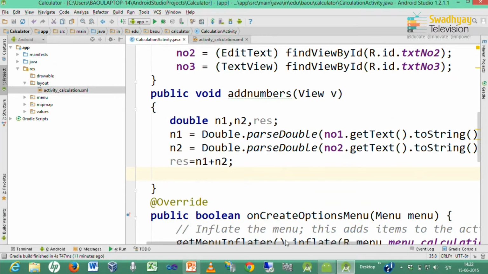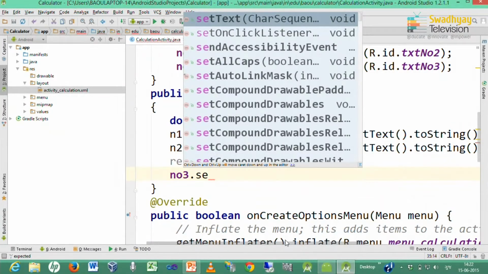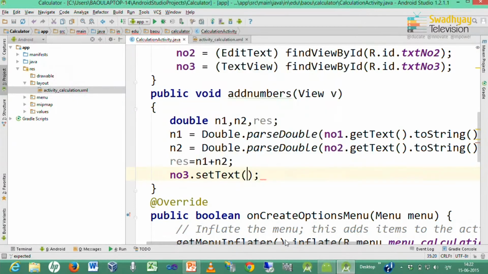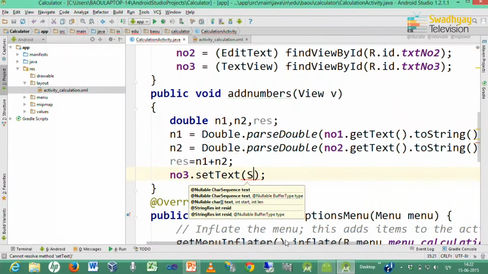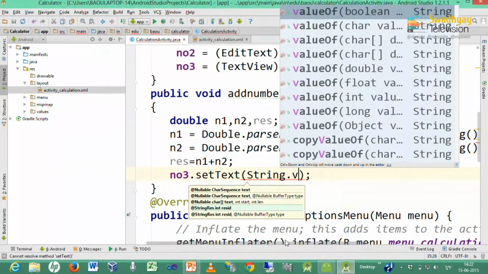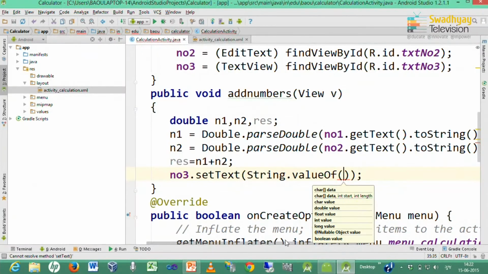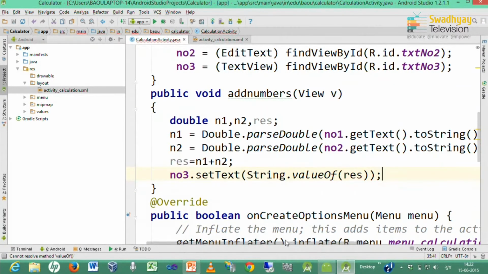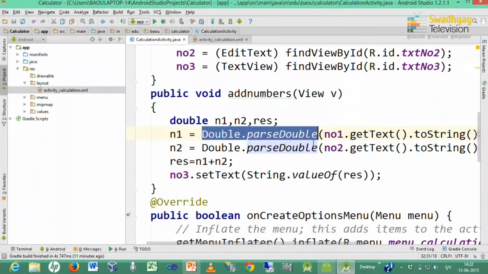Now, I want to display this result in the last text view. So, I write txt no3, no3 is our last text view. So, no3 dot setText, and we use the String dot valueOf method for converting a number into a string. Likewise, Double dot parseDouble converts a string into a double.